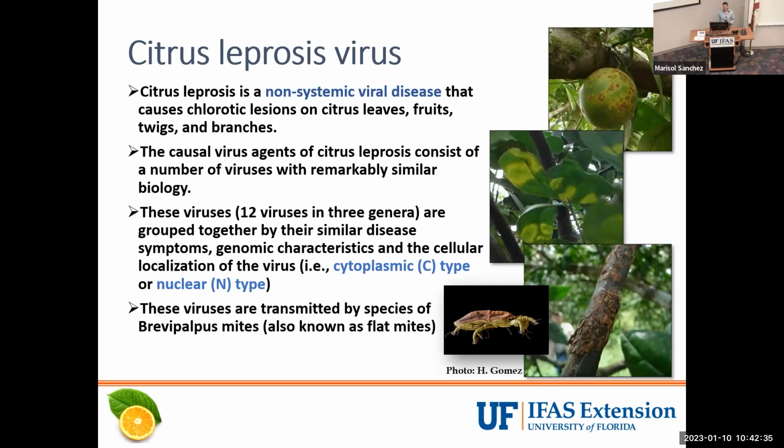Just to remind you that citrus leprosis is a non-systemic virus, meaning it infects only the tissue where it's introduced. So it's not moving like HLB or citrus tristeza virus from where it infected. It doesn't move anywhere. And it's called a localized virus. And you will soon see and understand why we are getting chlorotic or necrotic spots. It's not everywhere in the tree or on the leaf. It's indicating the localized